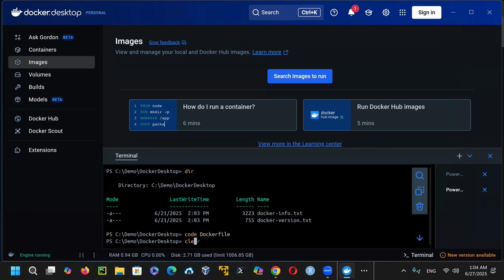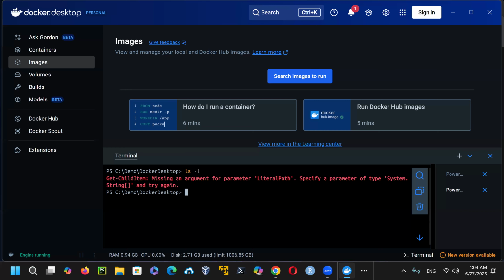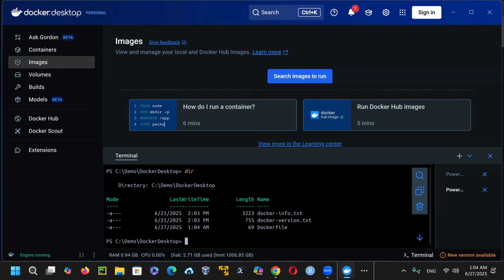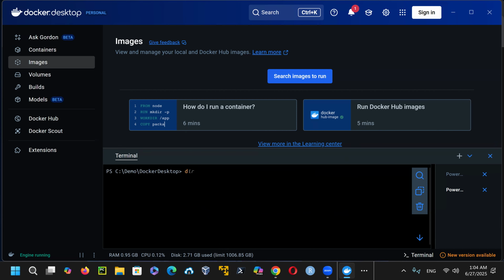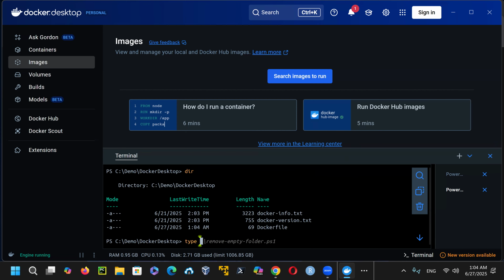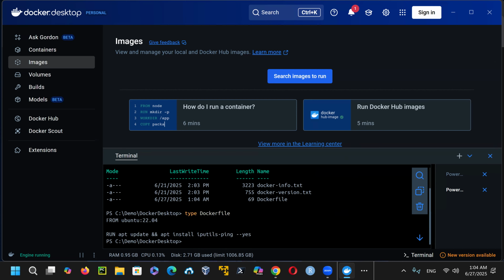On this one, if I look at the clear screen, ls -l, the clear screen directory, and then you can see the Docker file is there. You get the content, git dash content, and then Docker file, then you can see that a Docker file is there. So let's see, type Docker file, and you can see that the syntax is from Ubuntu 22.04, run this command,